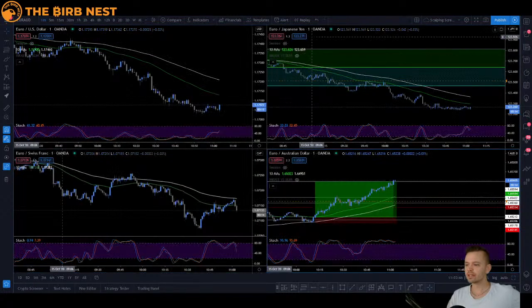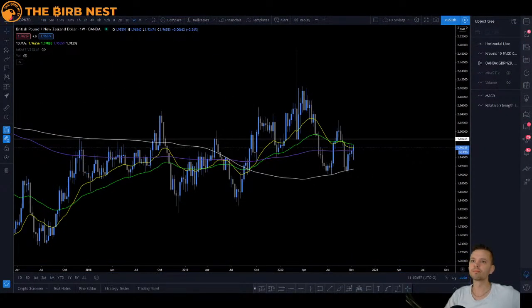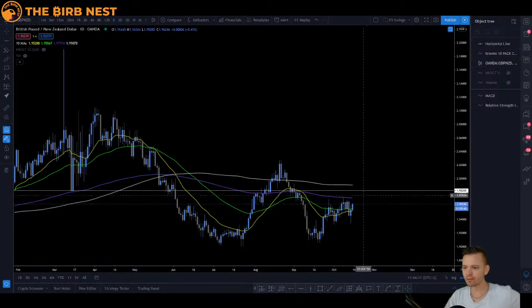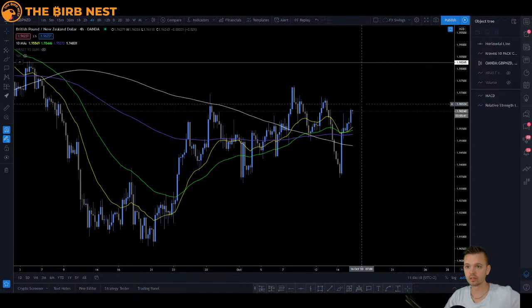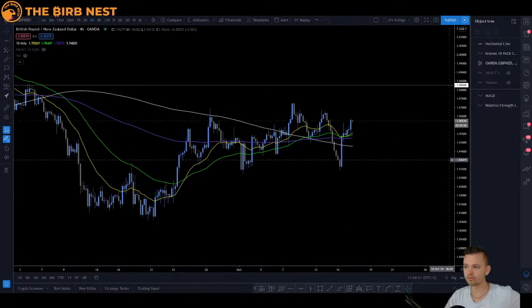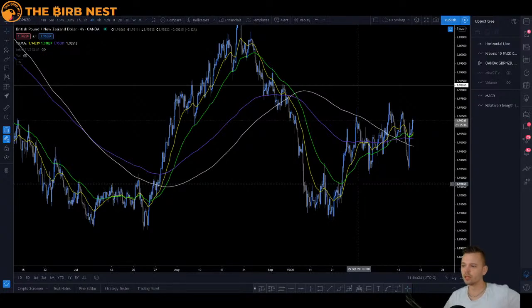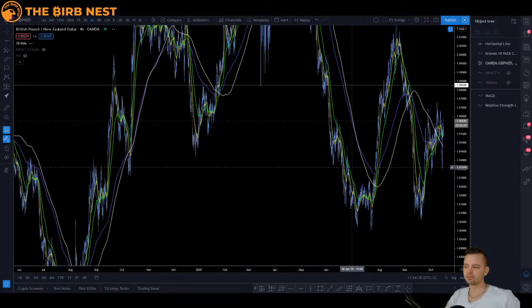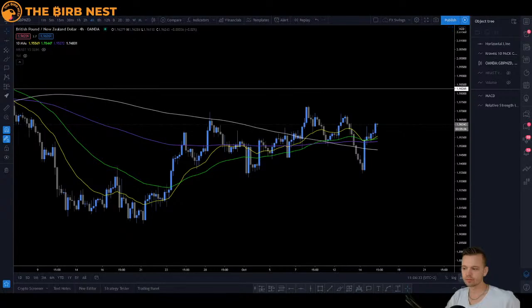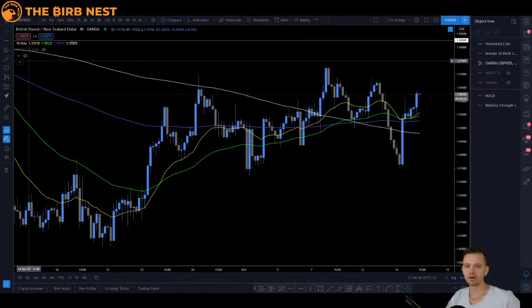All right, so let's take a look at a short-term trade. All right, daily. We've got a weekly level right above here, so I'm looking for a move up to that level right here with the 21 EMA, 55 EMA. Honestly, this is a very messy chart. I find it hard to